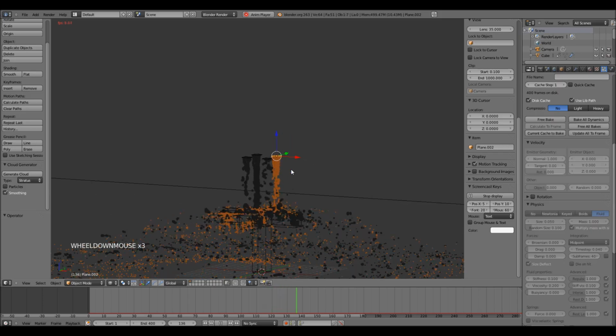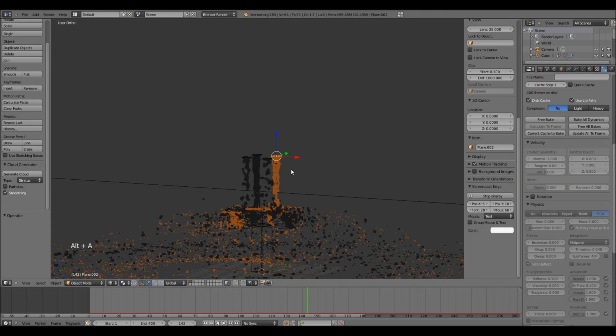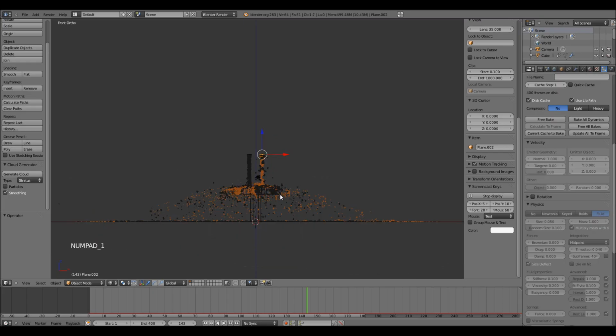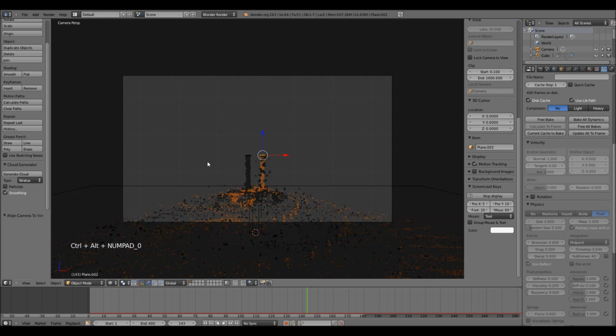Goody. So now let's stop the animation at a certain frame and let's go to the front view by pressing 1 on the numpad, and let's position the camera at this place, at this view, so we'll see from the camera the same thing we see now. So press Control Alt and then 0 on the numpad,